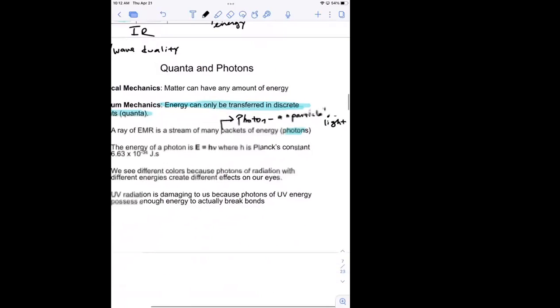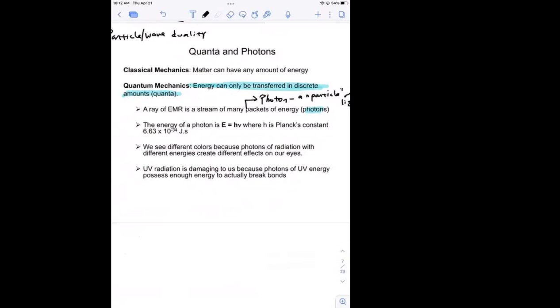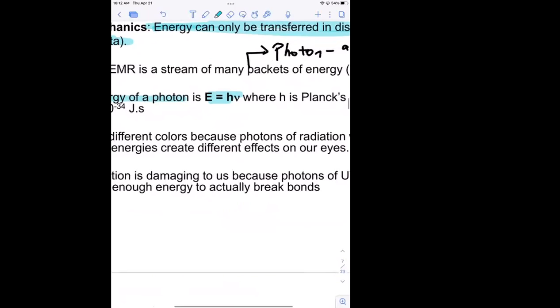Again, drawing on the particle wave duality of light. So one particle of light is called a photon, and the energy of that particle or that packet we can calculate using this equation. All right, so this is the energy of a photon, which is a quantizable packet of light. We can calculate the energy using